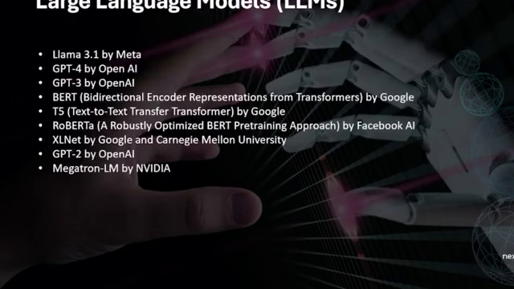Different types of large language models. Llama 3.1 was just launched one week ago by Meta, which has around 4 or 5 billion parameters. GPT-5 and GPT-4 by OpenAI are also large language models. GPT-3 is also from OpenAI. BERT, Bidirectional Encoder Representations from Transformers, by Google was the very first large language model by Google. Text-to-Text Transformer,